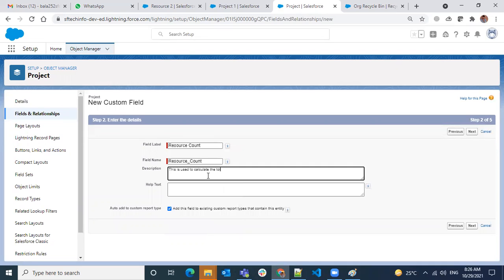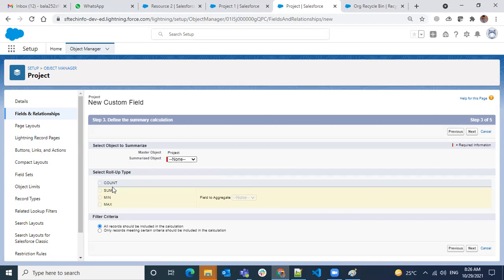Calculate the total number of resources working in the project. Help text: this is the resource count for the project.